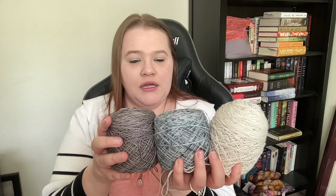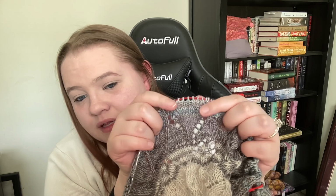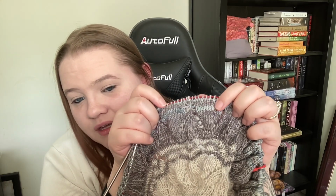So when I got the yarn and I pulled it out of the package, I rearranged it so that this was my color 2, so that we had this kind of a transition instead of this. Well, I probably should have done that, but I went with their suggestion of going in this order. And what I'm running into is I am in the section where I'm striping color B with color C, sort of transitioning into more of the color C. And you kind of can't see it. I mean, you can in places, but it's not real obvious,